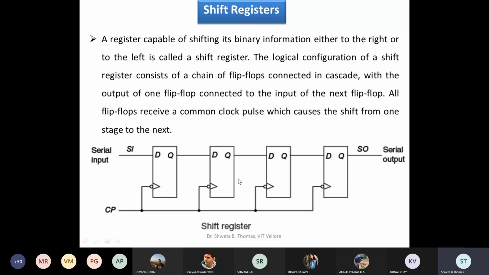If a number of shift registers are connected serially, how does it transfer information from one shift register to another? I will show you with the help of an example. What is actually happening there? The output of the first shift register is given to the input of the next shift register, and the same output is given to the second shift register. From there we are getting the output, and this goes on again and again. That also depends on the number of registers.